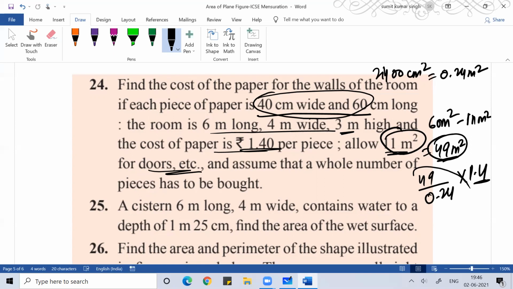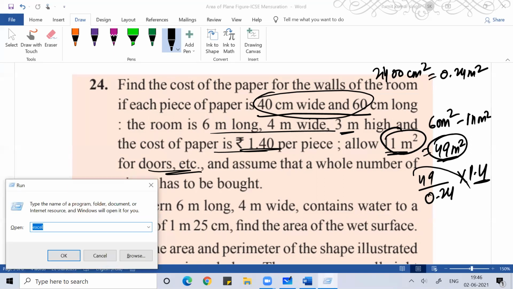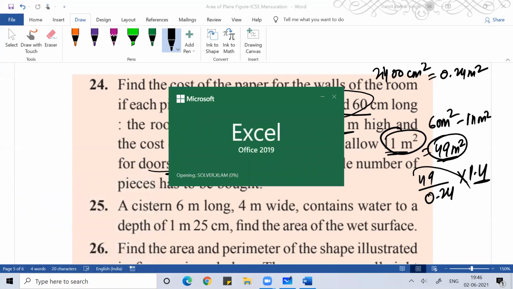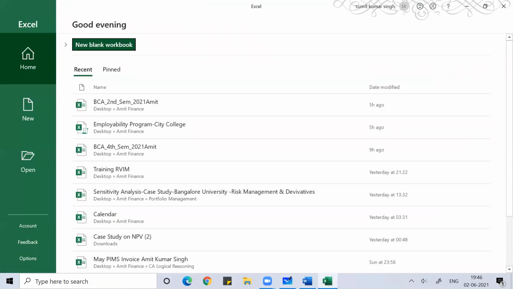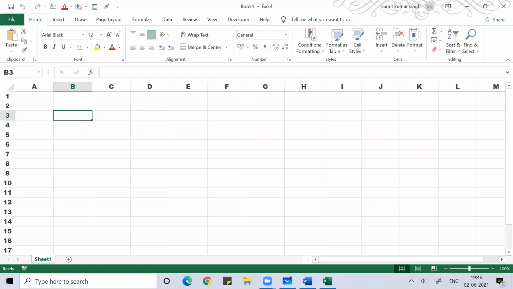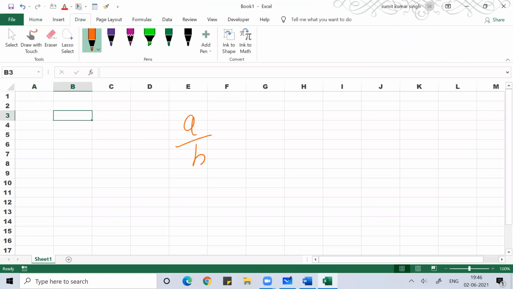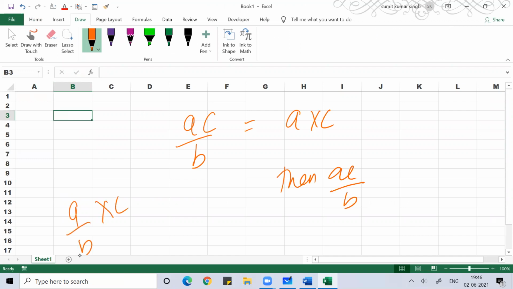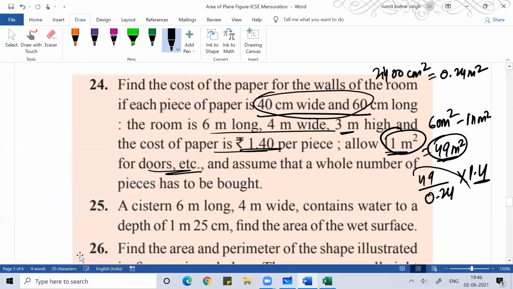Dhwani, that doesn't matter. But sir, if I divide 49 by 0.24, I just get 204.17, which I round off because you need a whole piece. You make a different value. See, Dhwani, if you have to do A divided by B into C, whether you do A into C and then divide by B, or A by B and then multiply by C, your answer will not change. These values are changing because of rounding off. You rounded and then you multiplied.